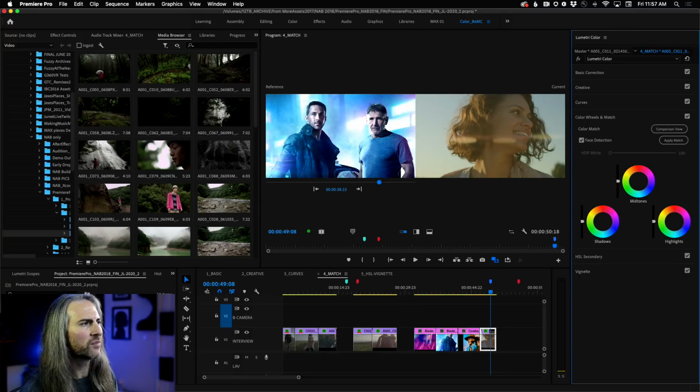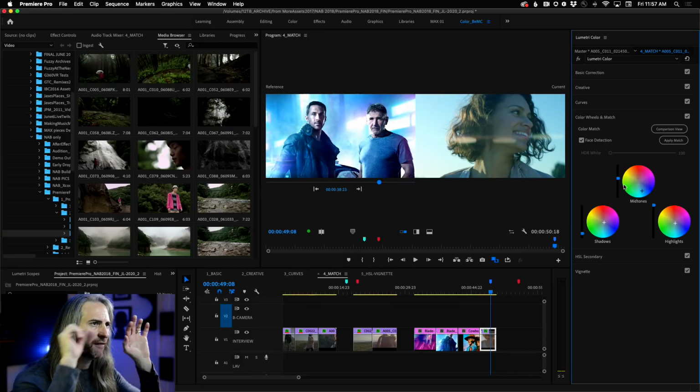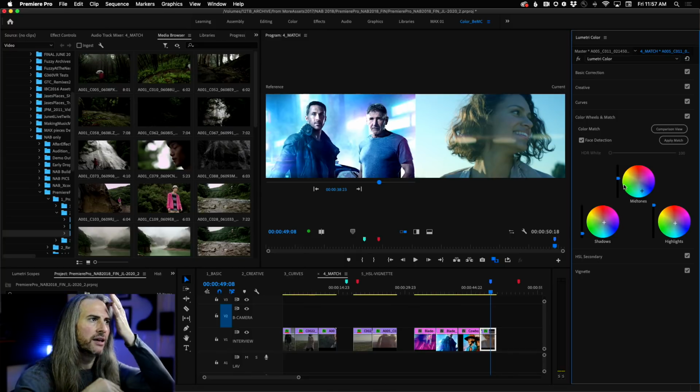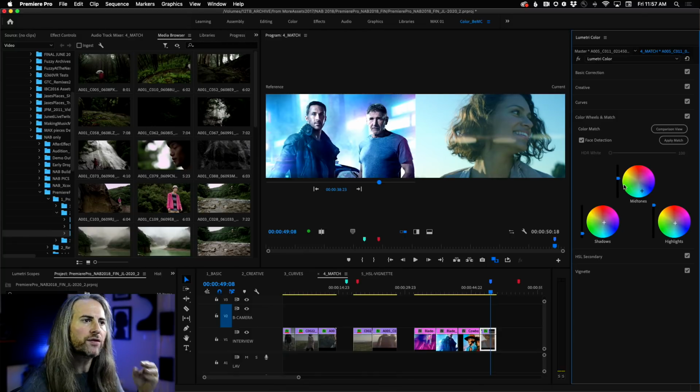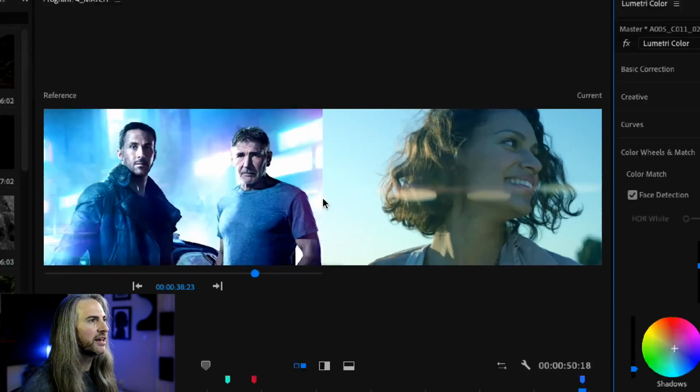Face detection, reference on the left, current shot on the right, apply match. Analyzing happens, and just like that, we get that much closer. Now, again, as I'm looking at skin tone, it's pretty good. I think I want to move probably some of those highlights again, because as I look in our reference shot